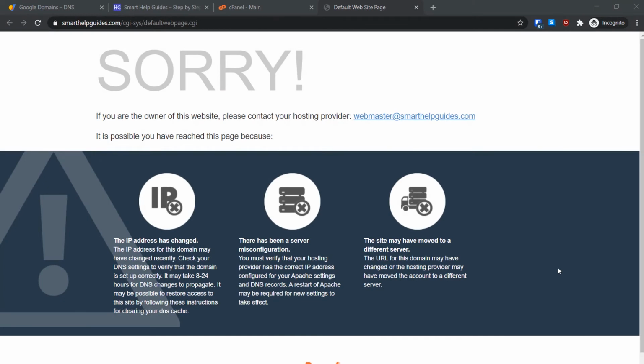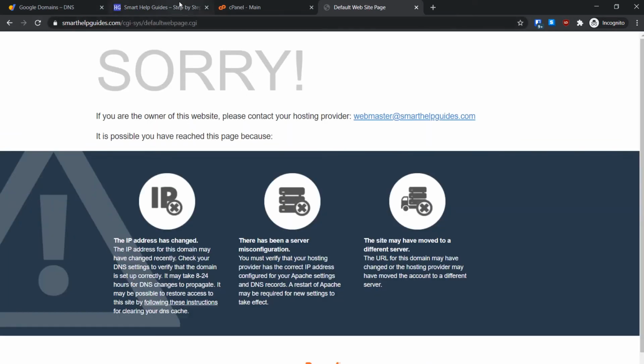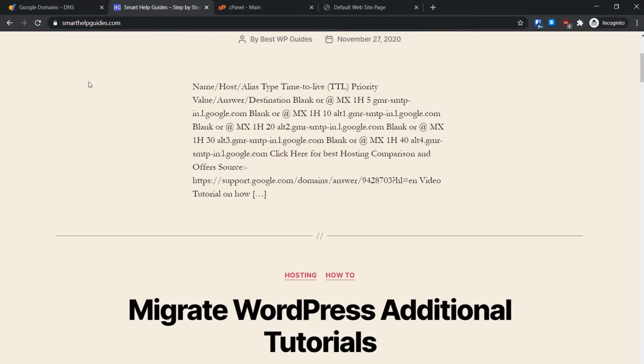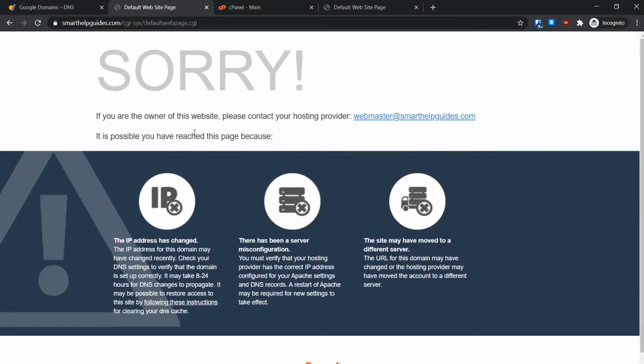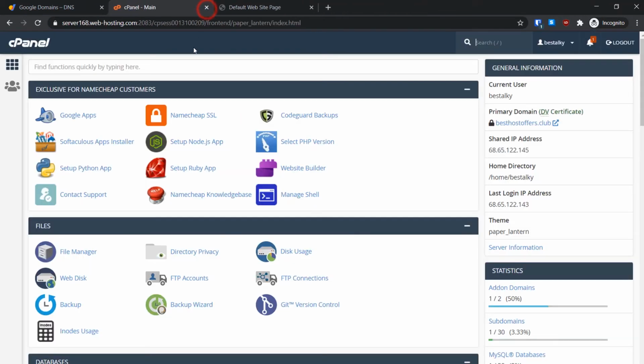So right now you can see my website is not working anymore and there is an error. This is a notice that there is nothing on the server right now, the IP address, there are a lot of errors. So you can see when I try to visit my site which was working earlier, you will see this error. Okay, so right before it was like this, but if I refresh it, I will get this error. So now we have to migrate, upload the package we built using the Duplicator plugin to this